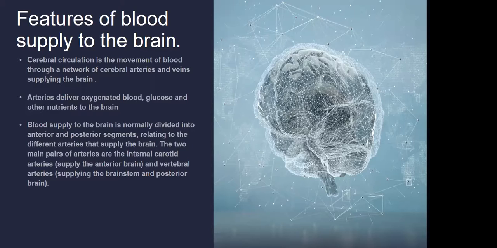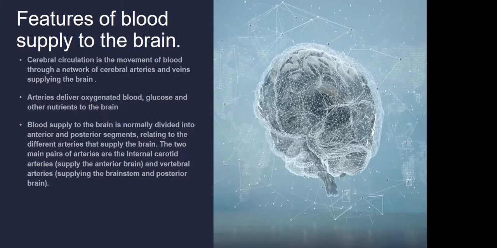Features of blood supply to the brain. Cerebral circulation is the movement of blood through the network of cerebral arteries and veins supplying the brain. Arteries deliver oxygenated blood, glucose, and other nutrients to the brain. Blood supply to the brain is normally divided into anterior and posterior segments, relating to the different arteries that supply